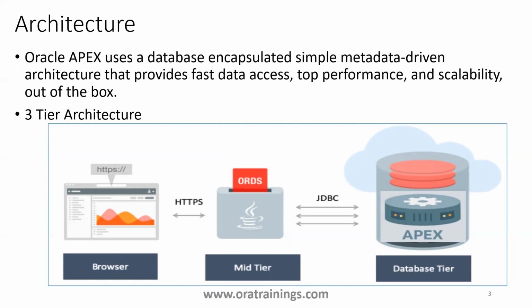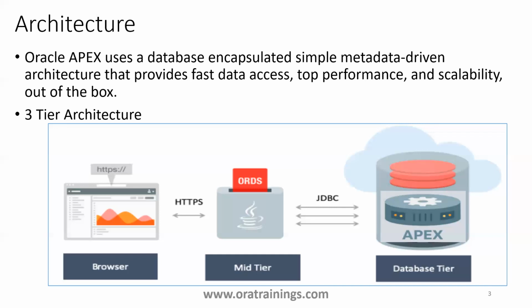Let's say when you access any Apex page, the first thing is it will send a request to the ORDS layer, which is the middle tier. This ORDS layer depends upon the application server. It can be Oracle, it can be Apache, it can be a GlassFish server, or it can be WebLogic. It depends upon what kind of Apex environment we use, such as a production environment or a development environment, and which kind of engine it uses in the Apex middle tier.